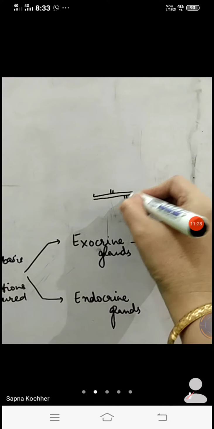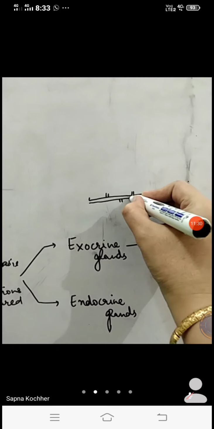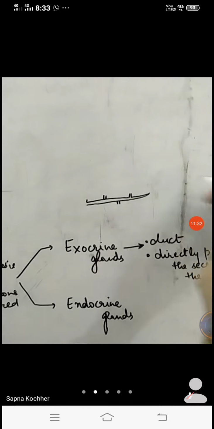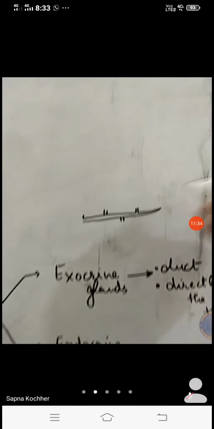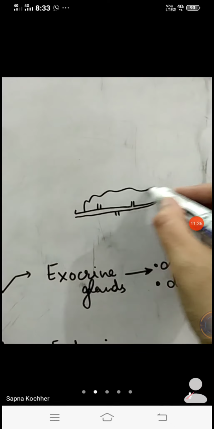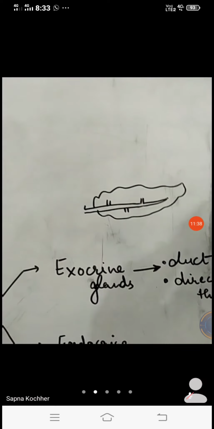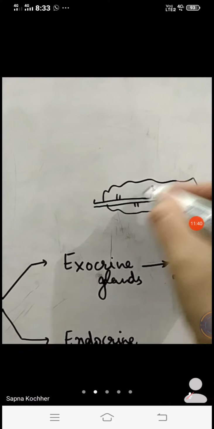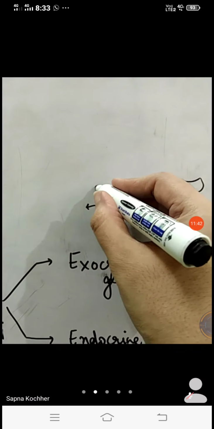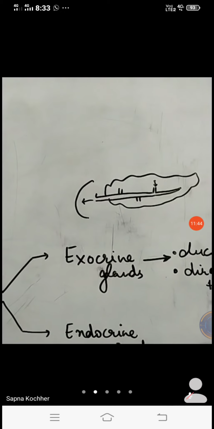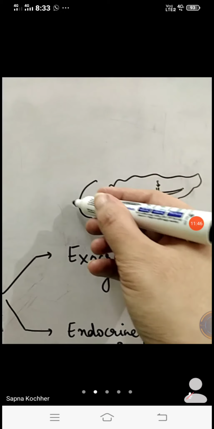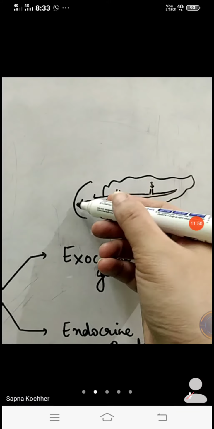We studied the digestive system in the 10th class, though it was not in your syllabus for +1, so we have not studied it this year. Otherwise you might be remembering this leaf-like structure is a pancreas. Because of these ducts, it is directly pouring the secretion into the C-shaped organ, the duodenum. So the organ associated is the duodenum, that is the small intestine. Accordingly, this is called exocrine.